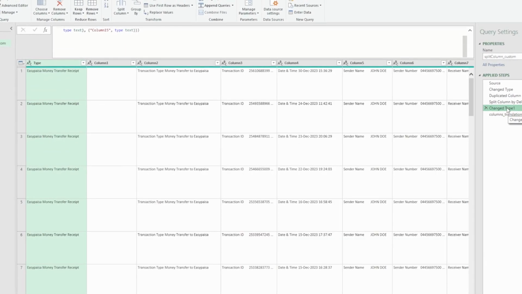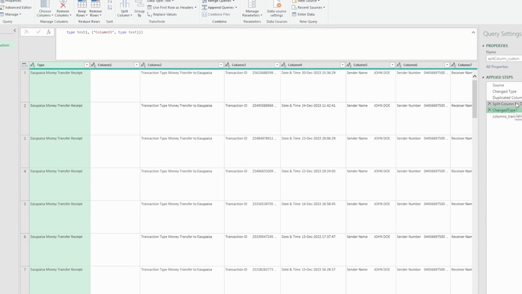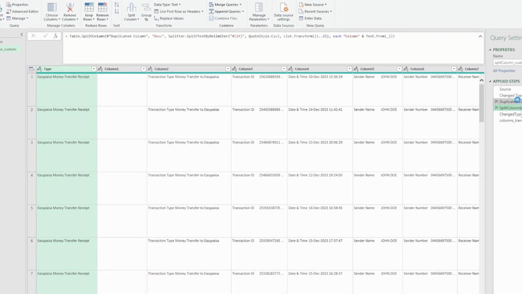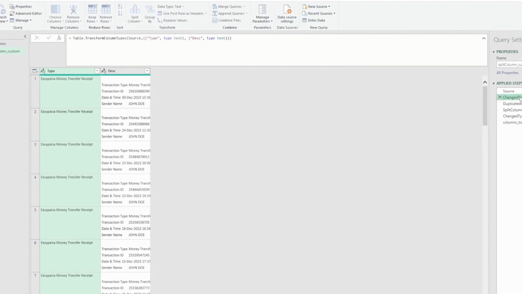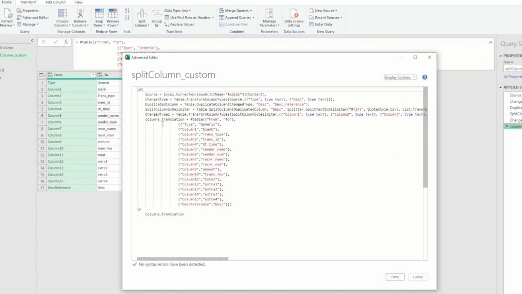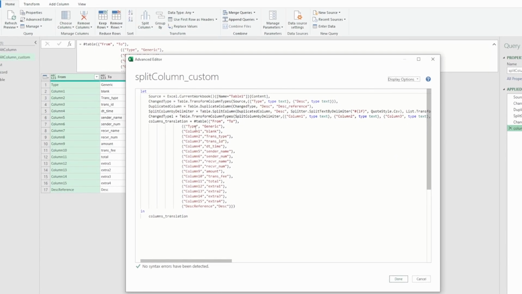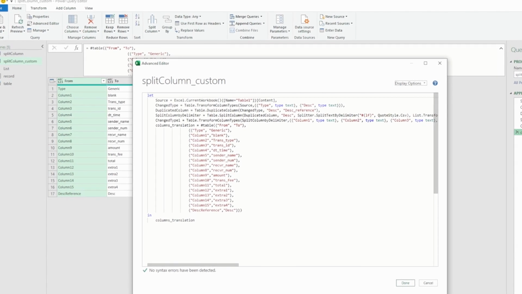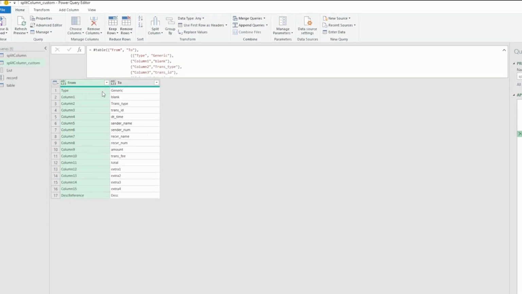I'm just gonna change and fix the column names a bit so we don't see the ugly pound sign. I'm just gonna remove the spaces quickly, and once done, let's go back to Advanced Editor, and we can see that this looks much cleaner now without the ugly pound signs. We only see the pound sign before the table because that is the format to create a table. Click on done. So what we need to do right now is we need to merge these two columns by using a comma. I will explain the logic for it later.